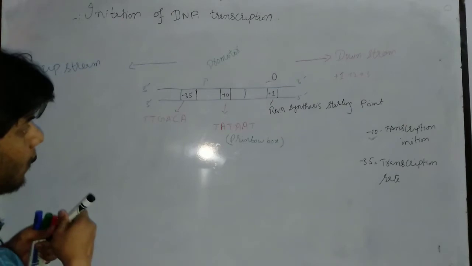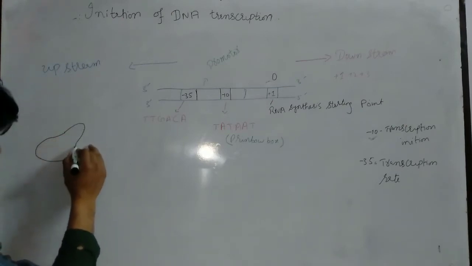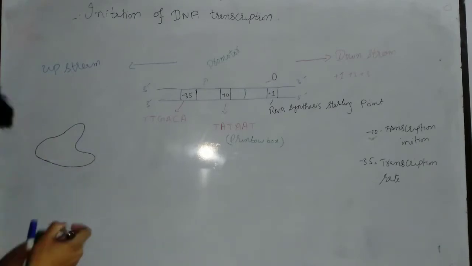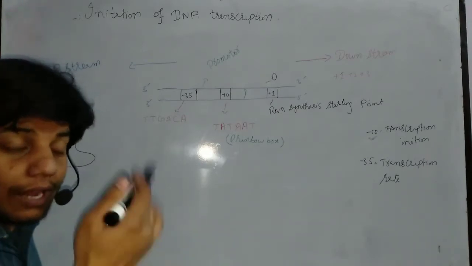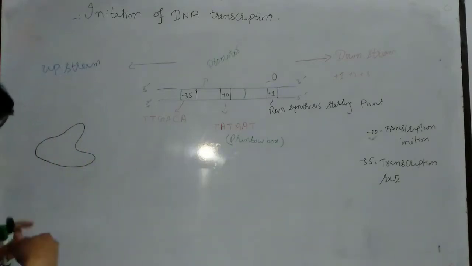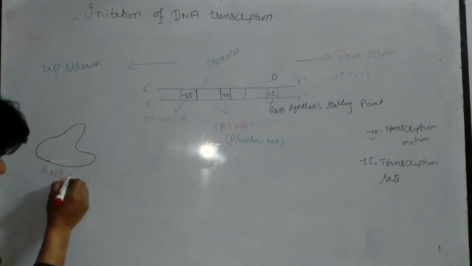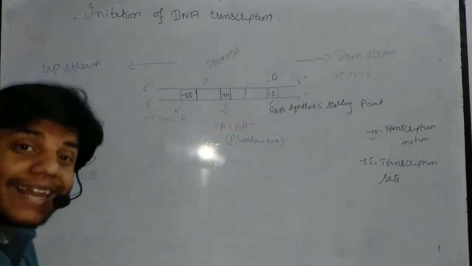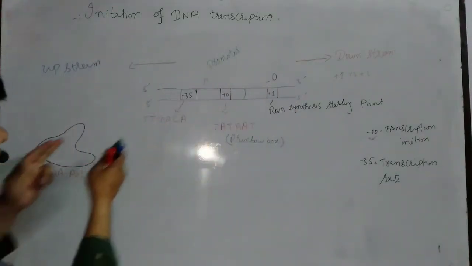So let's suppose this is the RNA polymerase structure, having different subunits: alpha, beta, gamma, alpha, beta and omega, mainly 5. Let me write RNA polymerase 2. And this RNA polymerase 2 is mainly in a deactivated form,